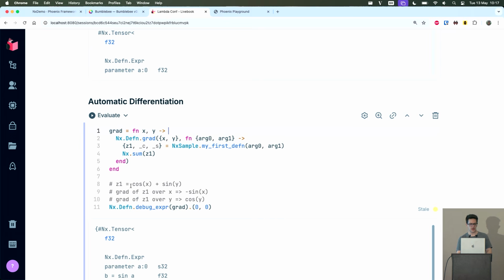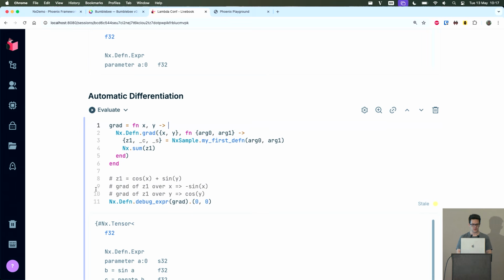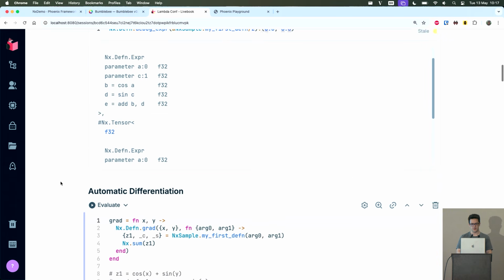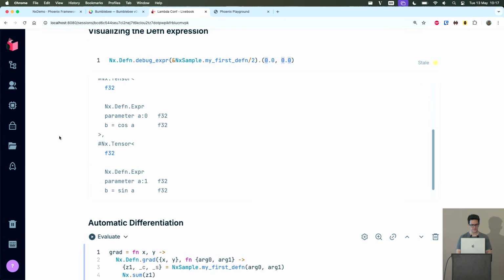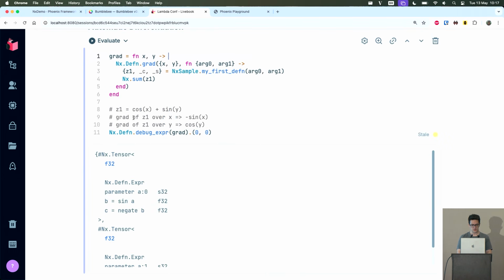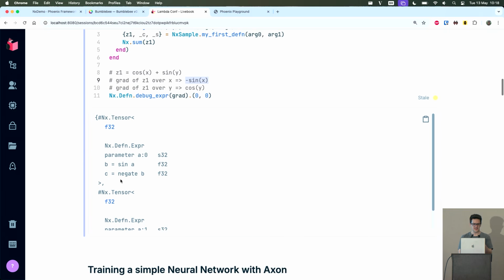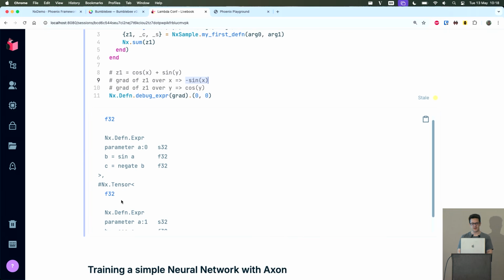And then when we calculate this result, we'll see that if we recall, our expression is just cosine of x plus sine of y. So the expected gradient would be, for x, minus sine of x and for y, the cosine of y. And this is exactly the result that we get from